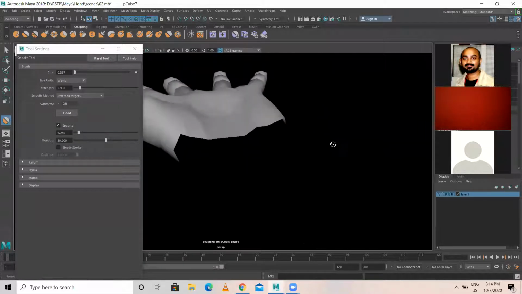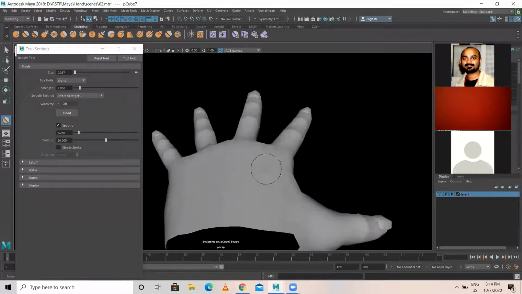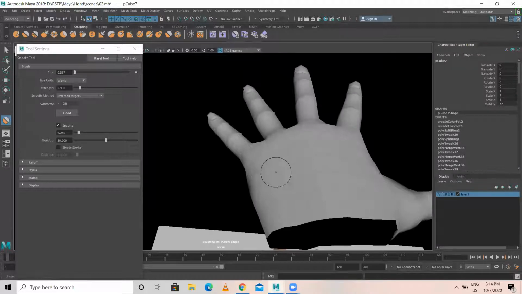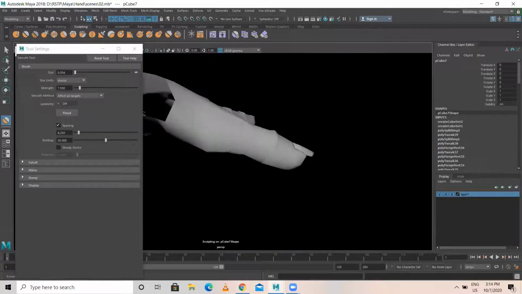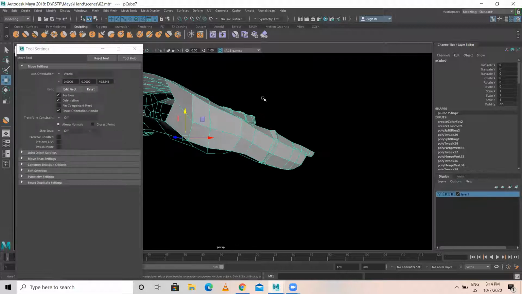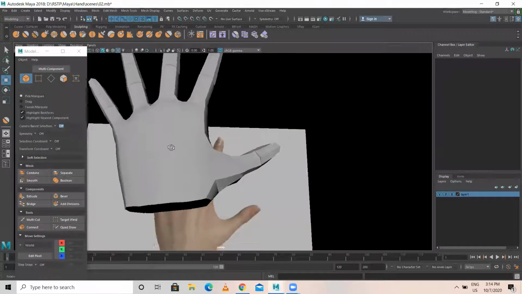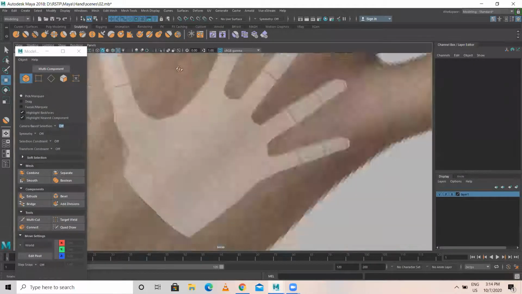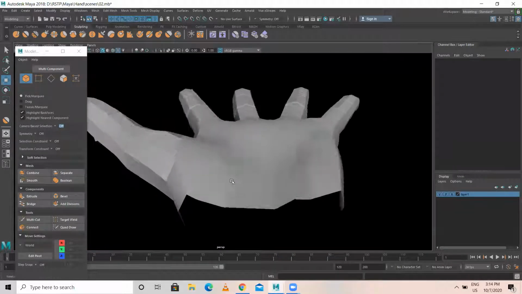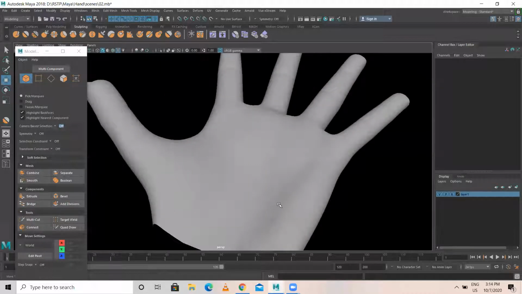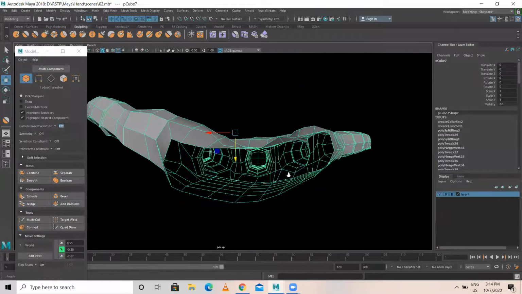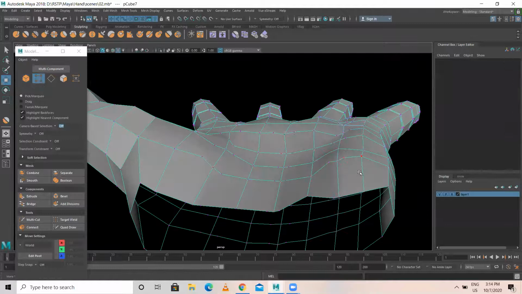Okay. So you need to smoothen this like this. Okay, it's done. So something like, you have to look at your hand and you have to do. See, this is the mesh which we have done. Okay, we need to work on this again. So now manually I'm working.